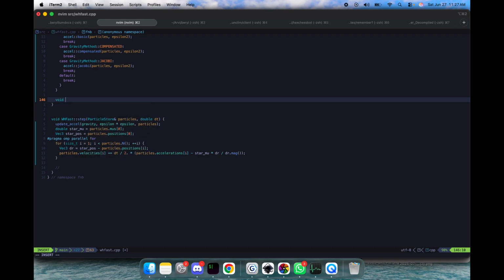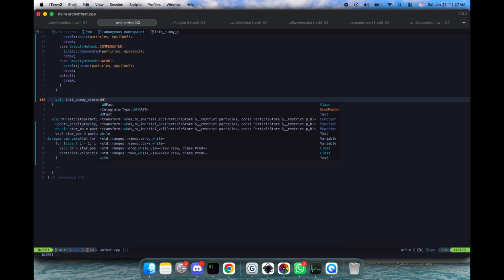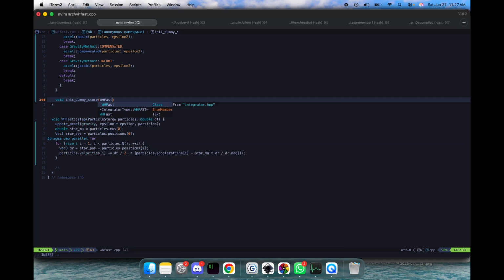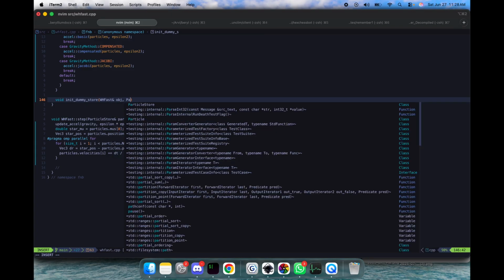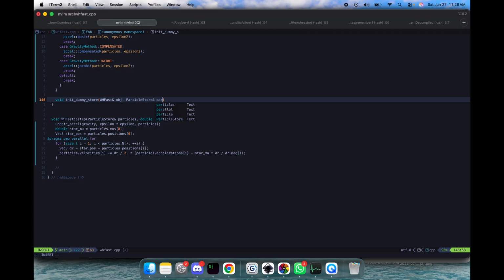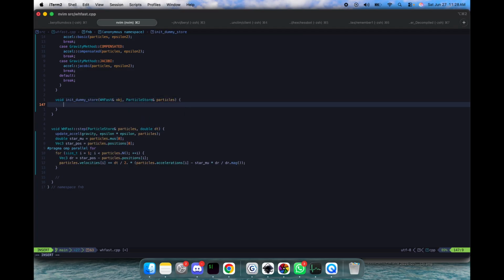Okay, so void init dummy store, and we convert a WHFast object, and we just with your particle store particles, and we just very clearly just say